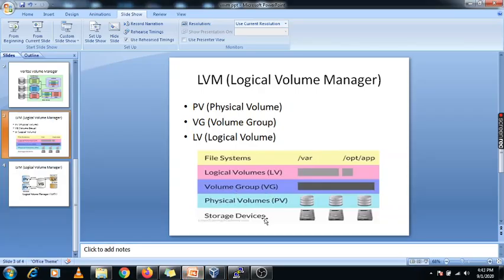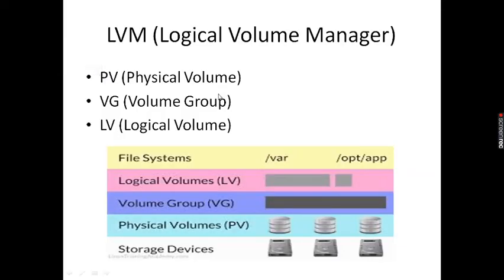Myself Ganesh. Today we are talking about the concept that is LVM. LVM is nothing but a logical volume manager where three partitions are created, that is physical volume, volume group and the logical volume. So whenever this LVM is created, at that time first we require this storage device. From the storage device they are provided the LUNs. Either these LUNs are provided from the SCSI device on the Linux server.